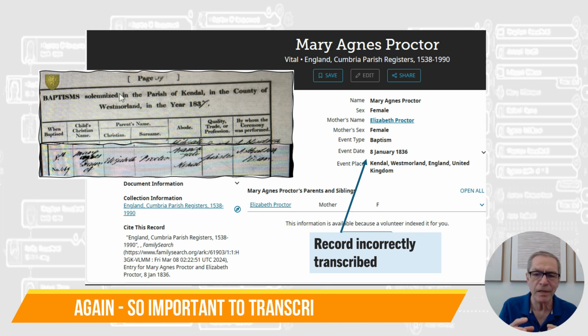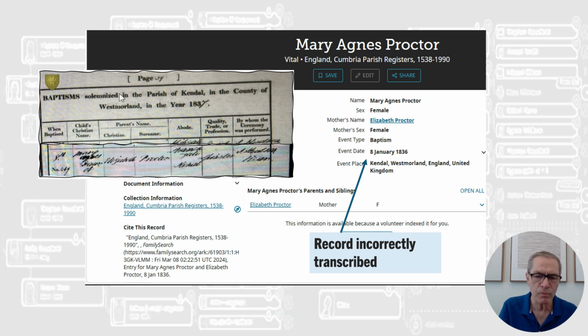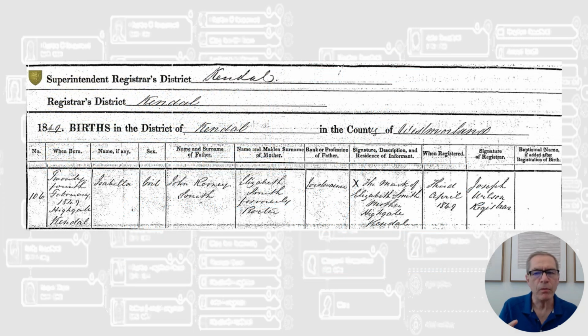The baptism occurred in 1837, not 1836. And that's almost the same week as we saw the marriage record of Elizabeth Smith, now Greenhow, marrying John Smith. So I'll have to keep looking at John and Elizabeth's children. And here I found a single birth record of one of the children. No other baptism records, no other birth records, but finally for the youngest daughter, I found a birth certificate for